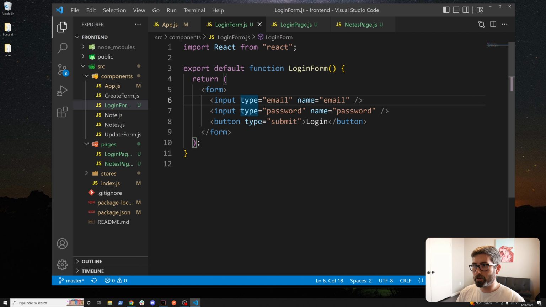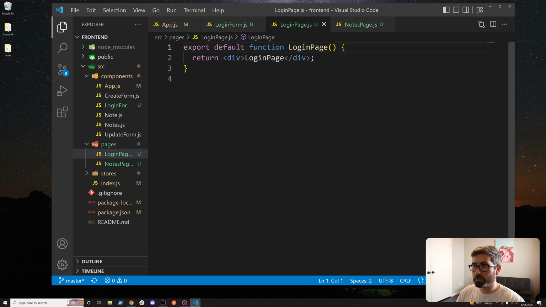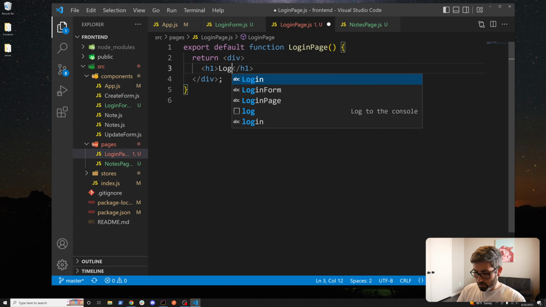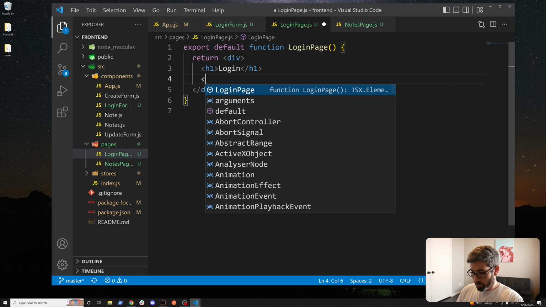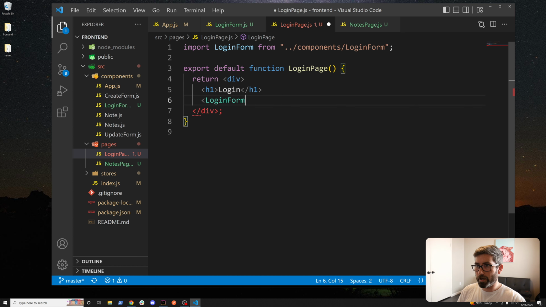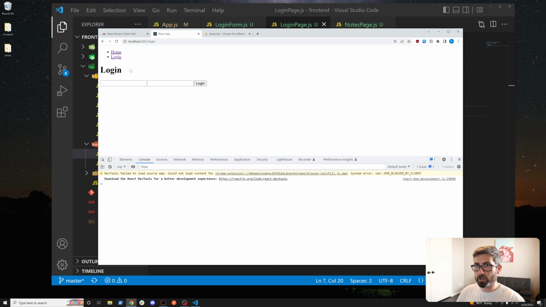There we go, let's render this component within our login page. So I'll go in here, I'll do a heading too, so I'll go h1 Login, and then render LoginForm below that. So let's check that out in Chrome. We got our heading and then our form. So now we need to create some state to store the values of these inputs, and then we'll add a